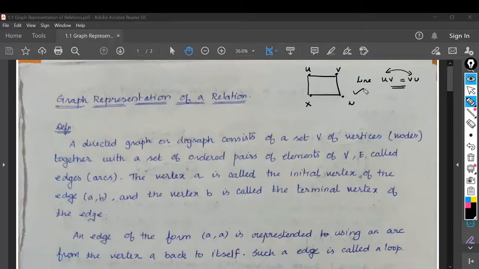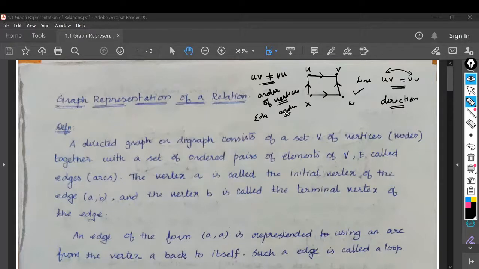So this is a normal graph, but here we are going to discuss a directed graph, where the direction from one vertex to another makes very much sense. If I give directions like this, u to v, then in this graph uv is not equal to vu. In a directed graph the order of vertices matters. So in directed graphs the edges are ordered pairs of vertices, not unordered pairs. That is the main thing we have to learn here.